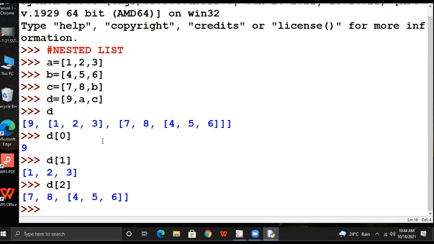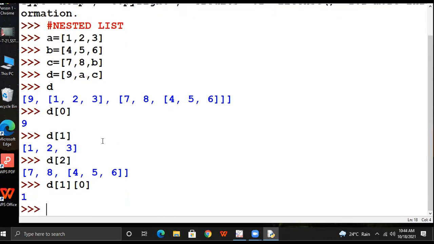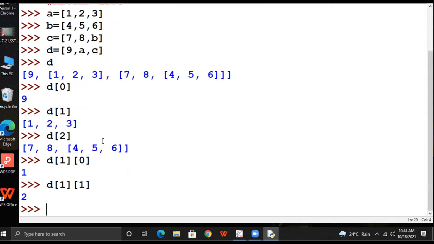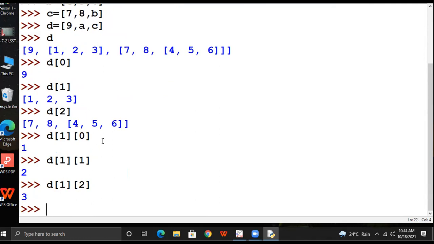Make the subdivision of it: 0, 1, 2. D of 1 of 0, D of 1 of 1, D of 1 of 2.